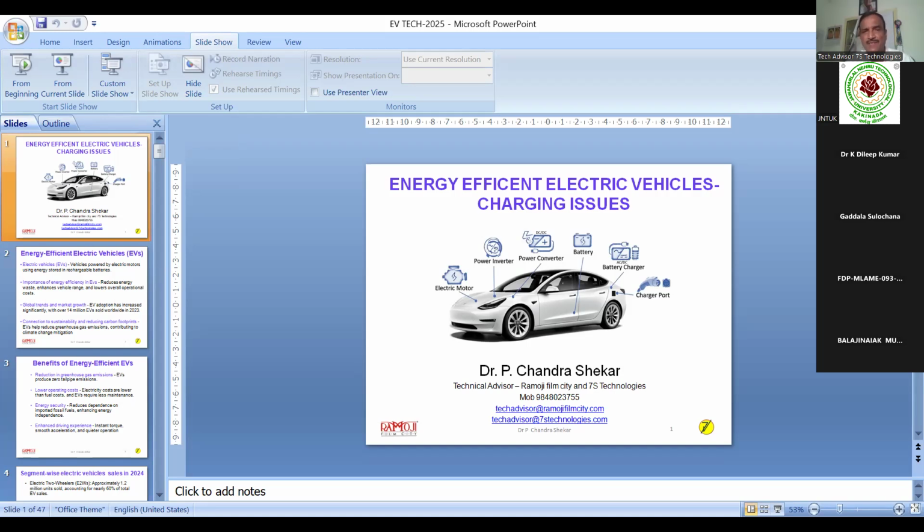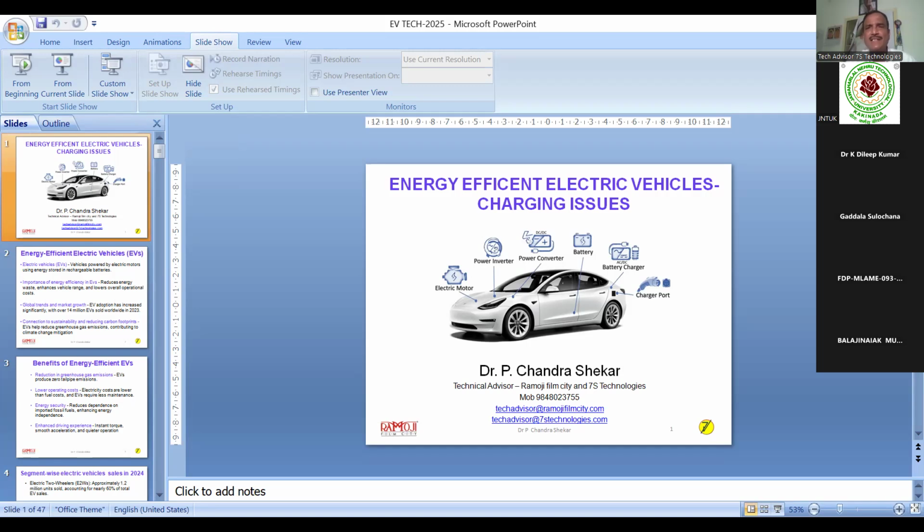Energy security: reduced dependence on imported fossil fuels, enhancing energy independence. That means whenever we want gasoline, petrol or diesel, we are depending on foreign countries. With electricity, we don't have to depend on those. Enhancing the driving experience: instant torque, smooth acceleration, and quieter operation. Suppose you are driving an older car like an Ambassador and suddenly shift to an electrical car, it's very difficult to drive because you just press the button, it picks up the speed and torque is given. Whereas in an IC engine, you have to change the gear, apply pressure; all those things are reduced.